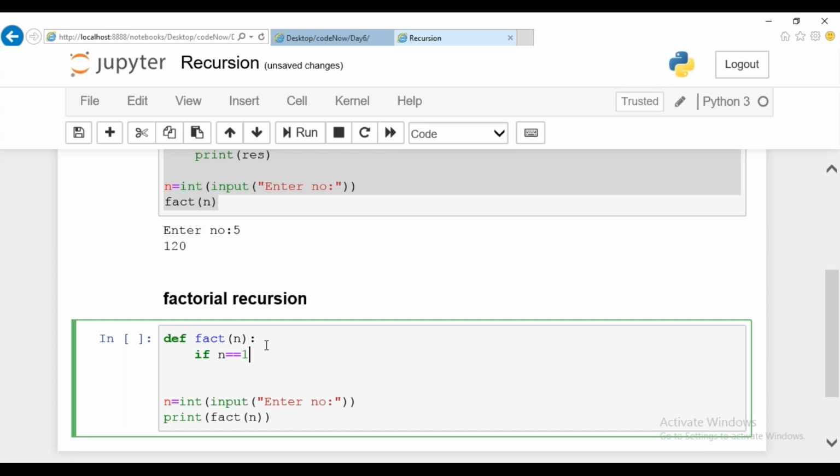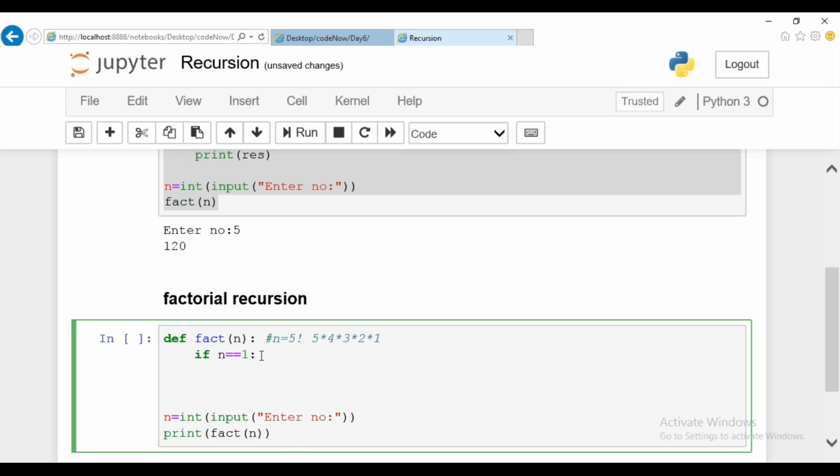So in case of factorial, what we'll do, we'll accept a number. Okay, for assume 5. So what we'll do, we'll be keep on reducing the number, right? Starting from 5, one by one number, we'll be reducing it. So which is nothing but 5 into 4 into 3 into 2 into 1 is your termination point, right? So you should consider with a 1. Whenever it reaches 1, I'm supposed to return. I didn't complete if condition yet, guys. I had to complete.